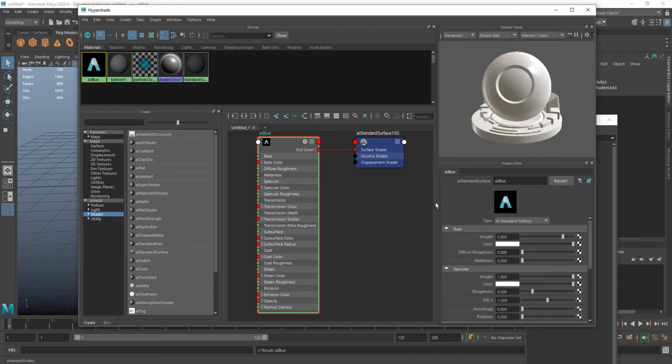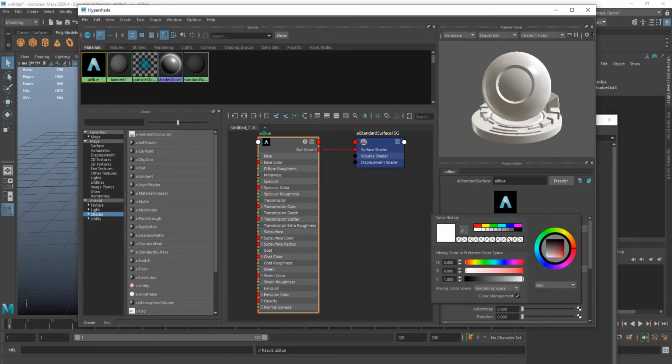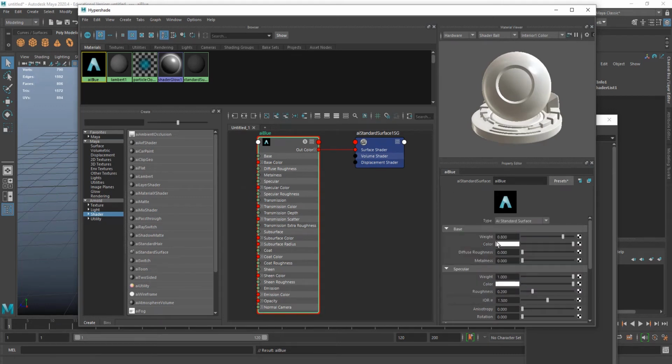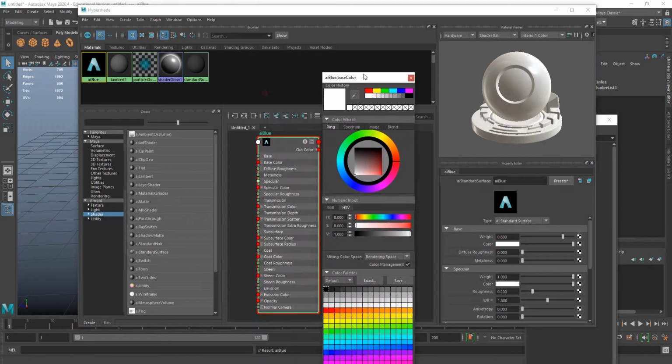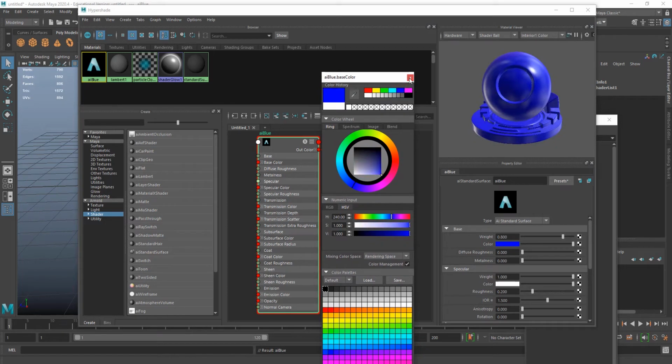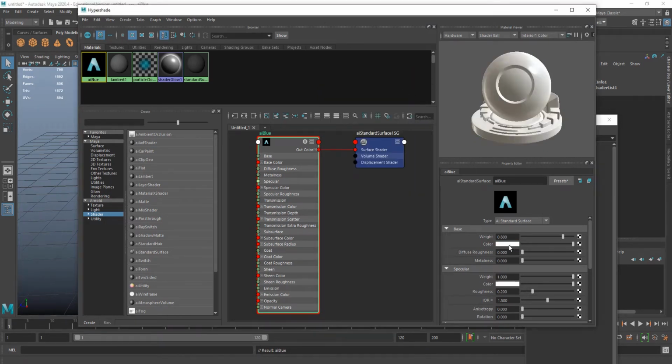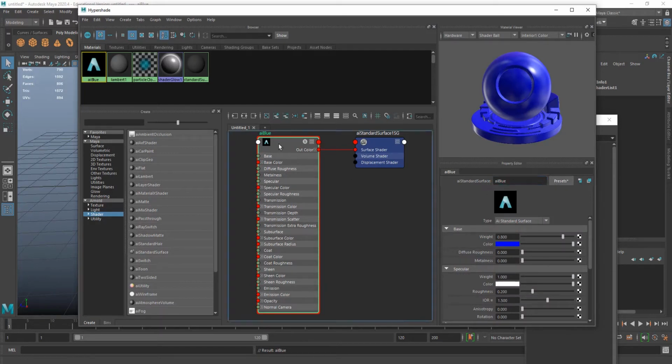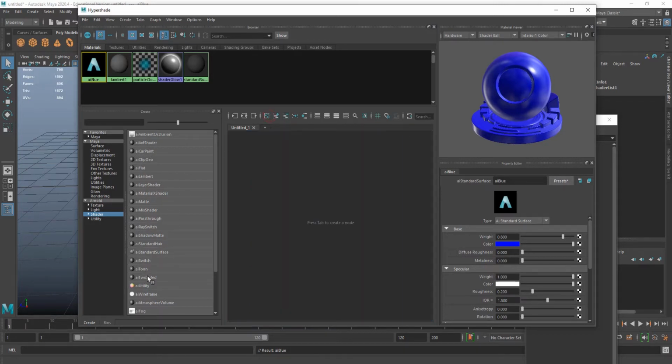And then I will go into color here, or I can double click for this little viewer here, but regardless, I'm just going to make it straight blue, and that'll do me. Okay, so I got my AI blue. I usually like to leave the little AI prefix just so I know that this is an Arnold standard surface shader. And anytime you click on anything here in the Create tab on this side of the menu, it will create a new material, a new shader. So I'll make another one,